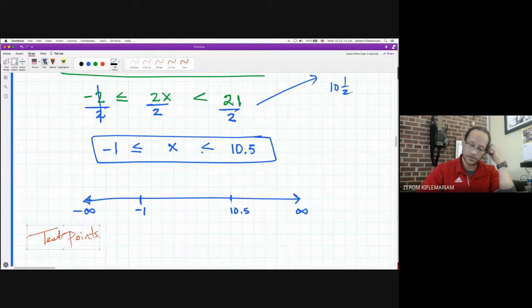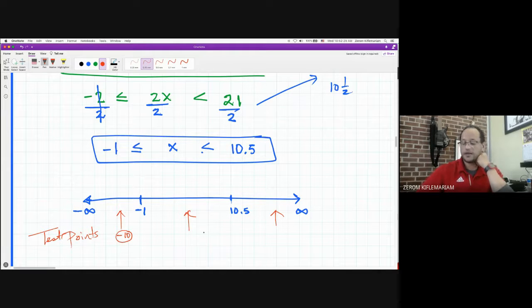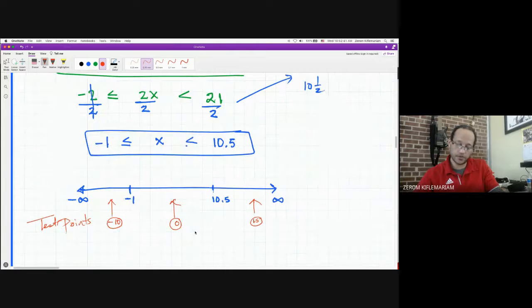So if you are using your test points, over here, over here, over here, I will pick a number. On the left side, I'm going to go a little bit crazy. I'll pick -10. On the right side, I'm going to go all the way to +15. In between negative and positive number, if 0 is available, I'll always use 0. So if I plug these numbers into the original question,